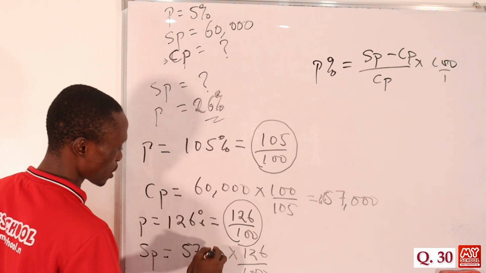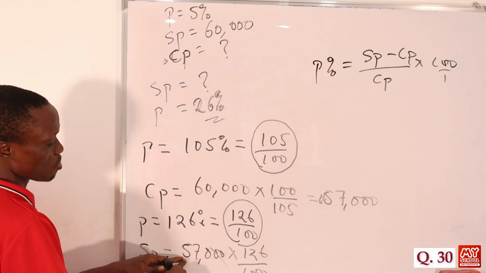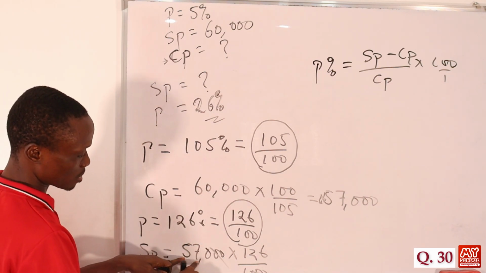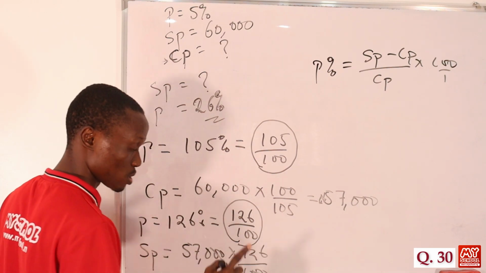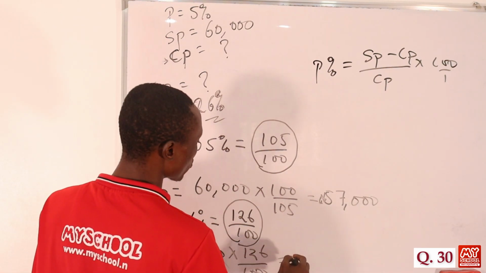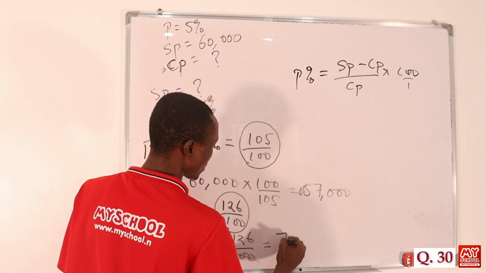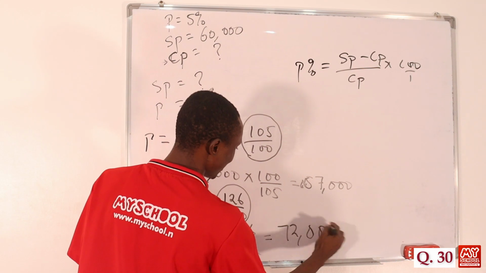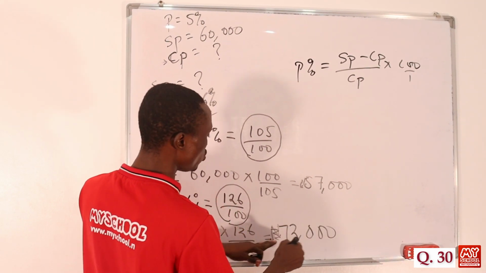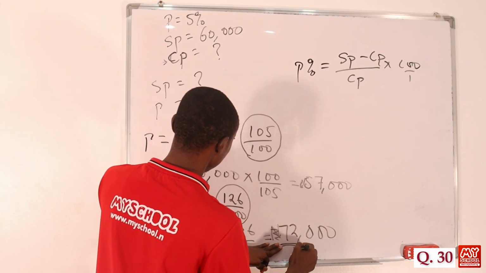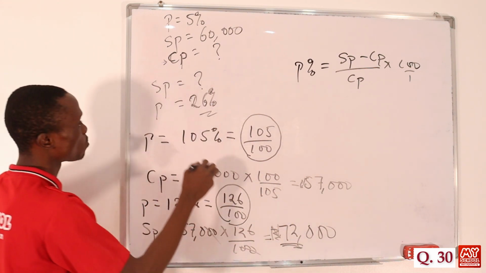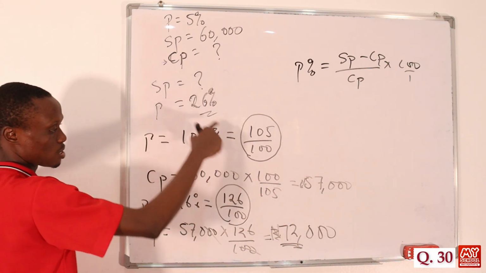We take out two zeros, so that will be 570 times 126, and that will be approximately equal to, if we take it to two significant figures, 72,000 naira. So the new selling price for the trader to make a profit of 26% is equal to